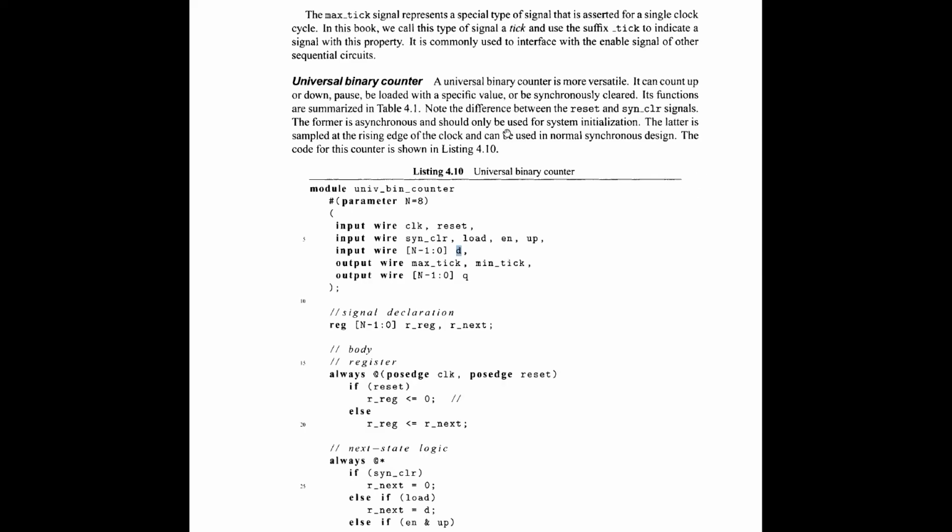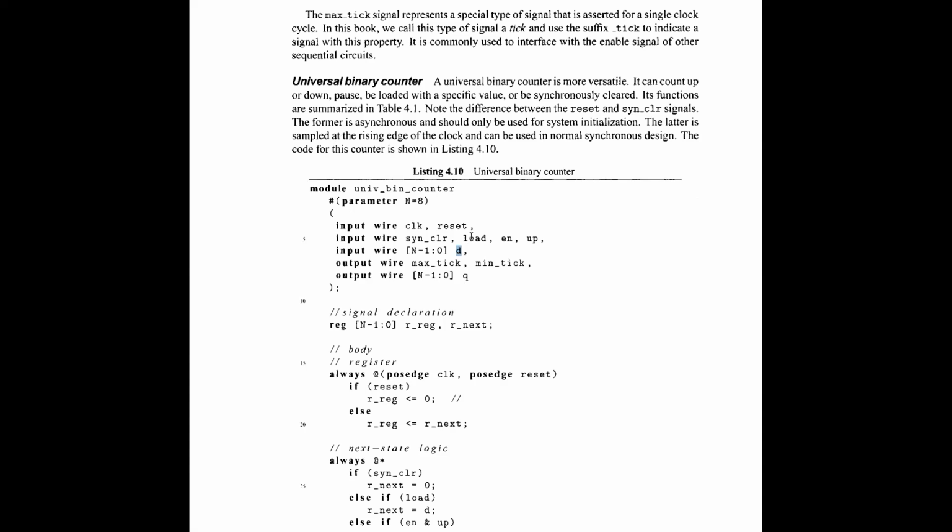Good. So in the previous counter, we were not loading any value, so there was no input D, but here we have the capability of loading any value. Like we do not want to start the counting from 0. Sometimes you want to start the counting from 100, and from 100 to 99, 98, 97, like this. Or maybe from 100 to 150, you want a counter which counts from 100 to 150.